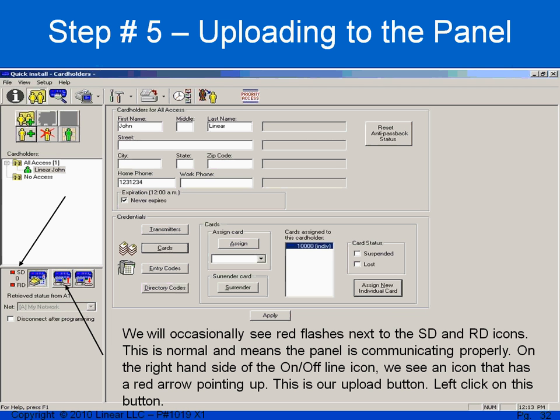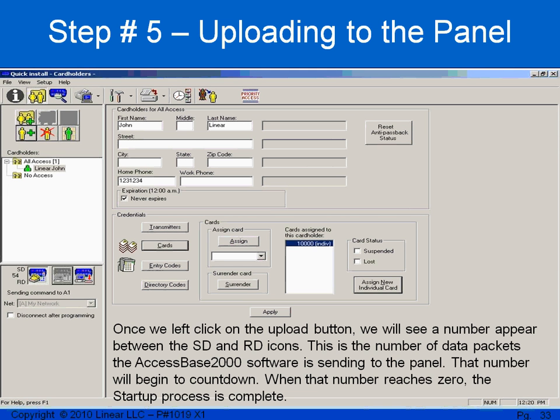I will see occasional red flash next to SD and RD on the left-hand side of our Online with Installation icon. This is just communication. It stands for Send Data, Receive Data. I also notice that my middle button with the red arrow pointing up is the icon for uploading the information to the panel. It's illuminated, and that tells me there's information in the database that has not been sent to our AM3 Plus panel. I'm going to left-click on that button,